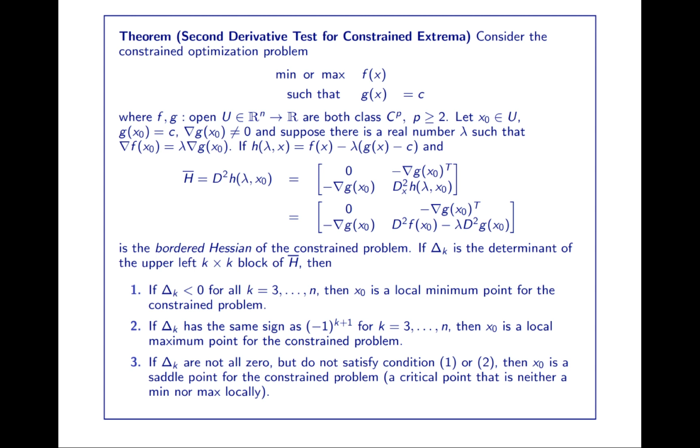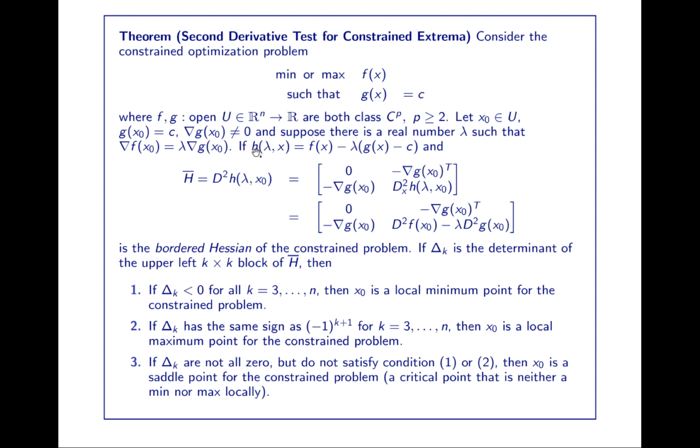Right, because again, I'm going to be taking a second derivative. If x naught is in my feasibility region, g of x naught is c, and the gradient of g at x naught is non-zero, and the Lagrange multiplier conditions are satisfied,